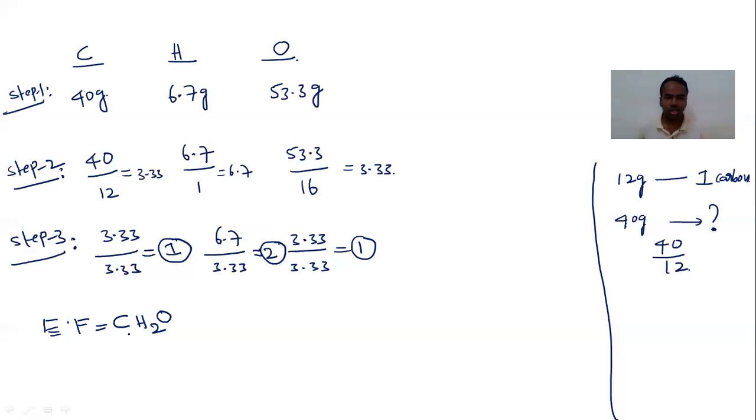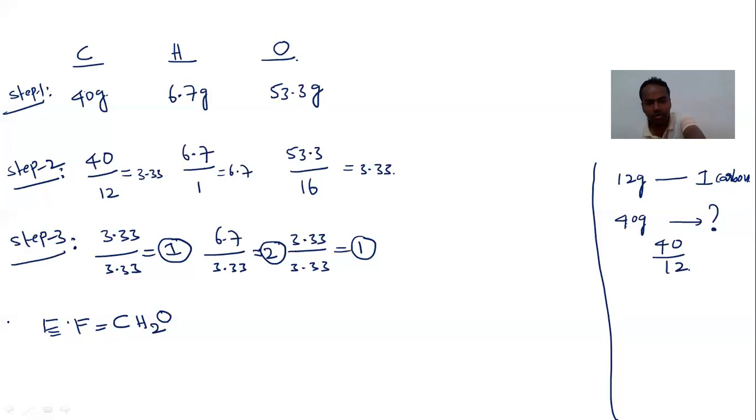Once again, I want to take one small revision here. In the first step, we need to convert the given percentage to weight, grams. The second step is, in order to find the number of relative atoms, we need to divide every mass with their respective atomic masses. Step 3 is, in order to find the simplest whole number ratio, we have to divide every fraction with the smallest fraction. This method includes 3 steps: step 1, step 2, step 3. This is how to determine the empirical formula.